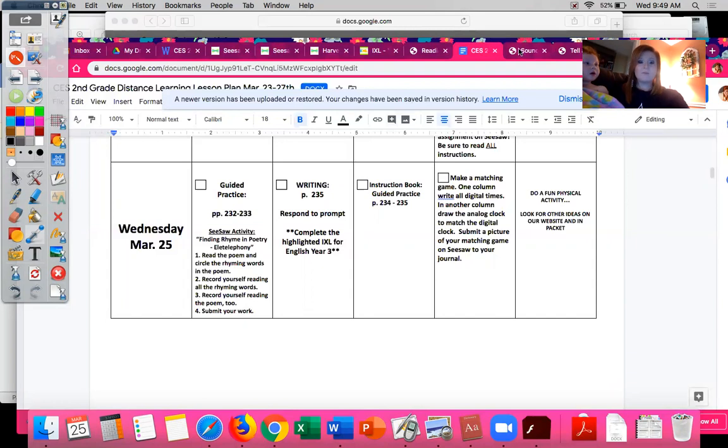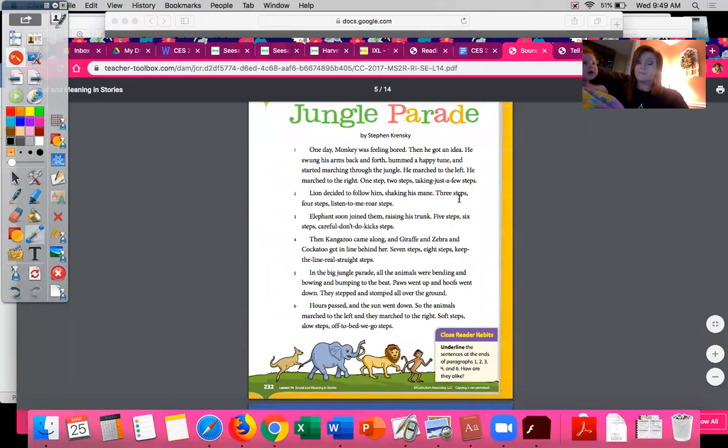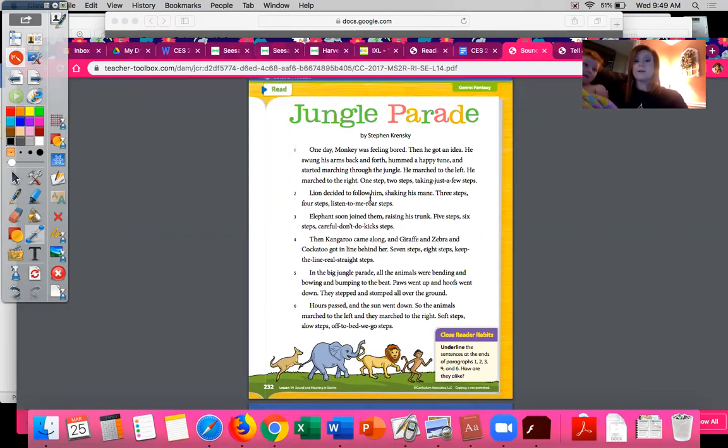Okay, and those pages look like this. It is the Jungle Parade. All right, and I'm going to read through it for you. Okay, so listen closely as I read. Jungle Parade. One day, Monkey was feeling bored. Then he got an idea. He swung his arms back and forth, hummed